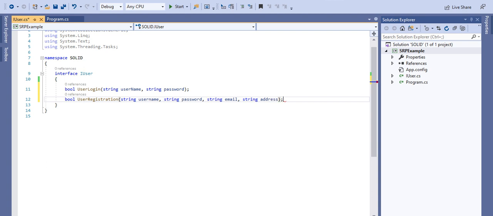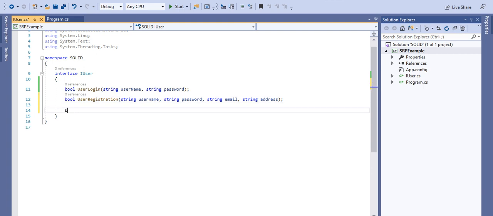Basically any user, when coming to the application for the first time, will give this information during registration: username, password, email, and address. And we have taken another method called UserLogin, which is related to login, where the particular user needs the username and the password.